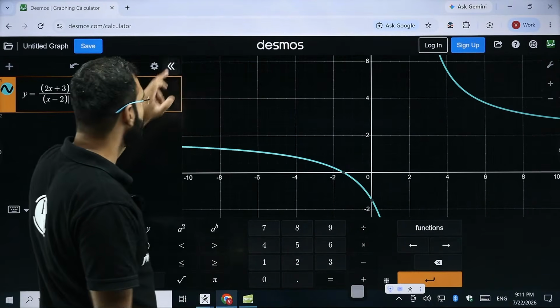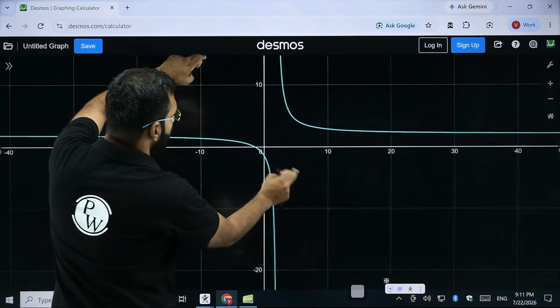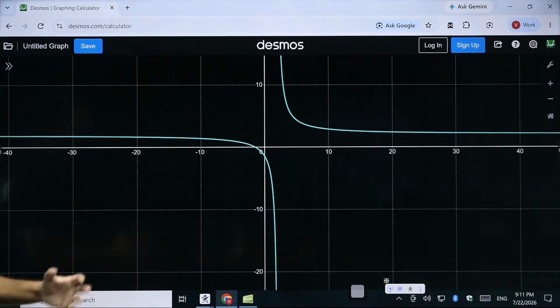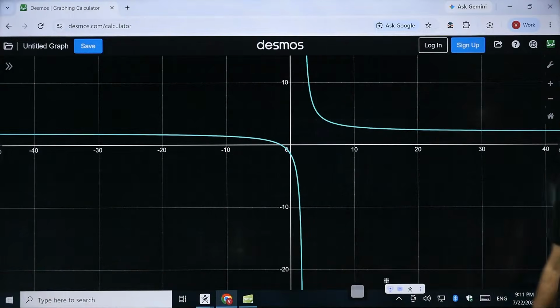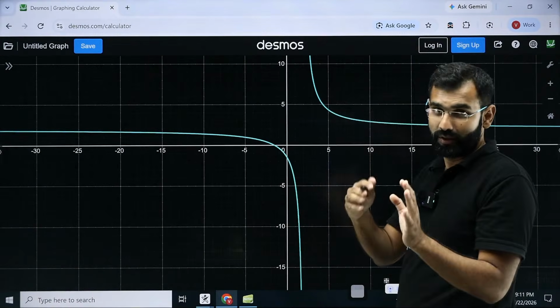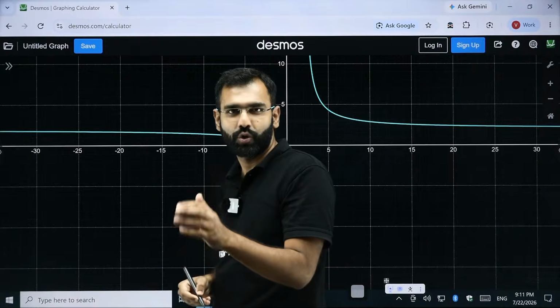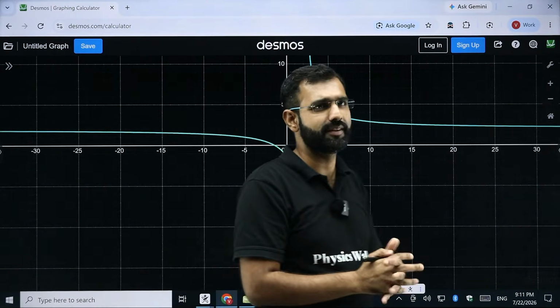Now look at the beauty here. Are you noticing something amazing? Are you noticing something very beautiful over here? This is how the graph of this rational function looks. And when you look at the graph, all this you'll understand in 12th standard when you study calculus, which was developed by Newton and Leibniz. There they came up with a lot of very exciting and amazing things.